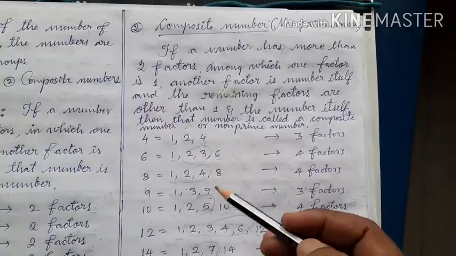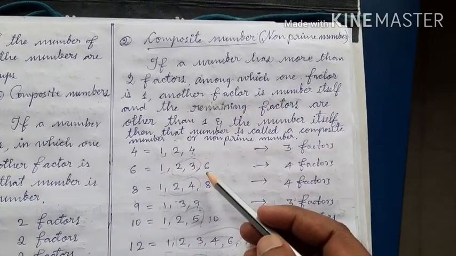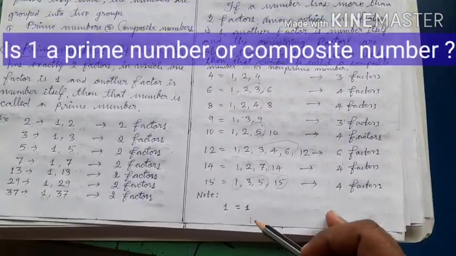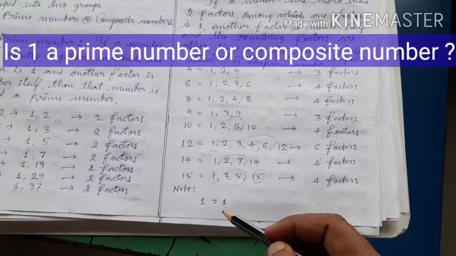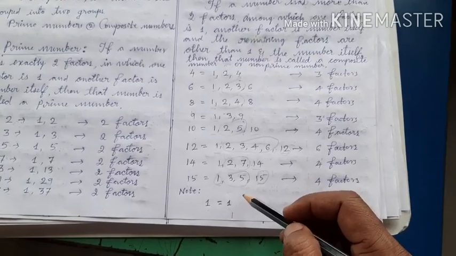Okay, the composite number can also be defined in one more way. Let us see it. If a number is divided by 1 and itself and also by other numbers, then that number is called a composite number or non-prime number. Is 1 a prime number or a non-prime number is the question. Let us see the justification. The number 1 has been dropped from the list of prime numbers and composite numbers. Then what is 1? 1 is neither a prime number nor a composite number. It is just an integer. Okay, children?